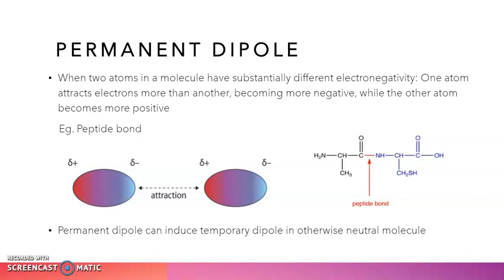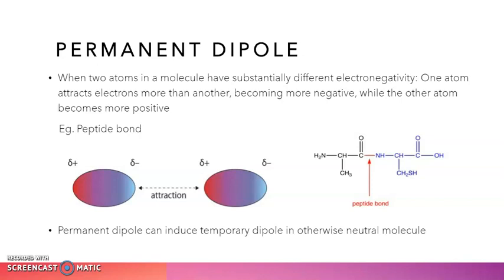So when these atoms are present in the molecular structure, they attract the electron pair towards themselves, and due to this they acquire a partial negative charge. But this brings about a positive charge at another end of the molecule. So a distribution of charge develops in the molecule, which is nothing but permanent dipole development. This is responsible for the interaction between two permanent dipoles.